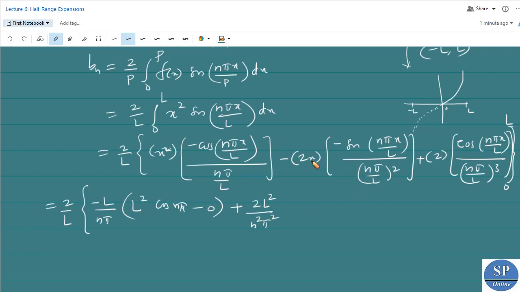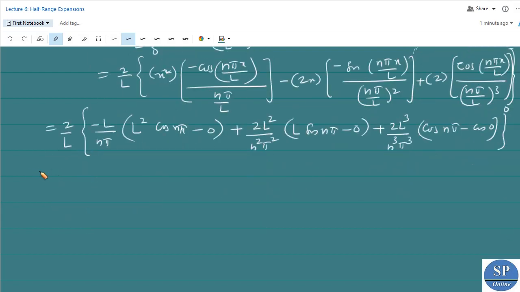So the remaining part is x into sine n pi x by L. So applying the limit L, we have L into sine n pi L by L, that is sine n pi. Applying the limit 0, that is 0 into this. So 0 plus 2L cube divided by n cube pi cube from this. Now cos of, applying the limit L, that is cos n pi, applying 0, we have cos 0,